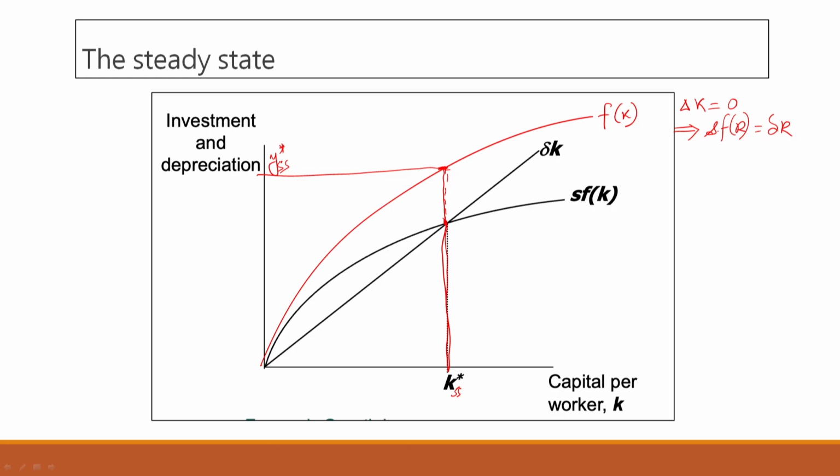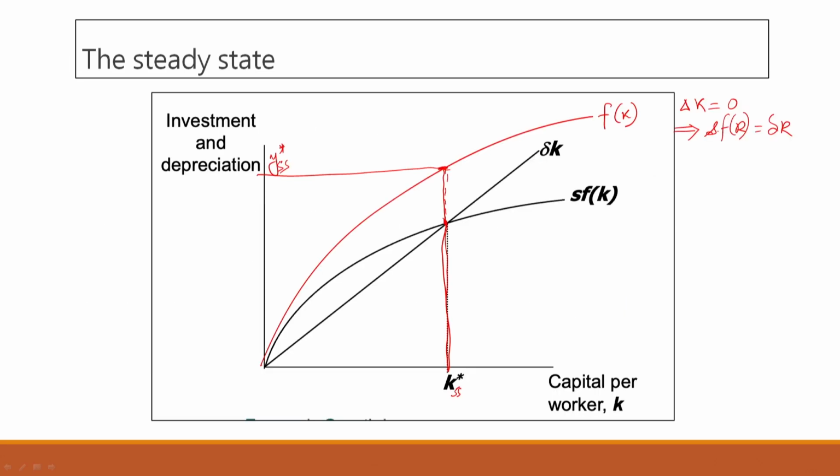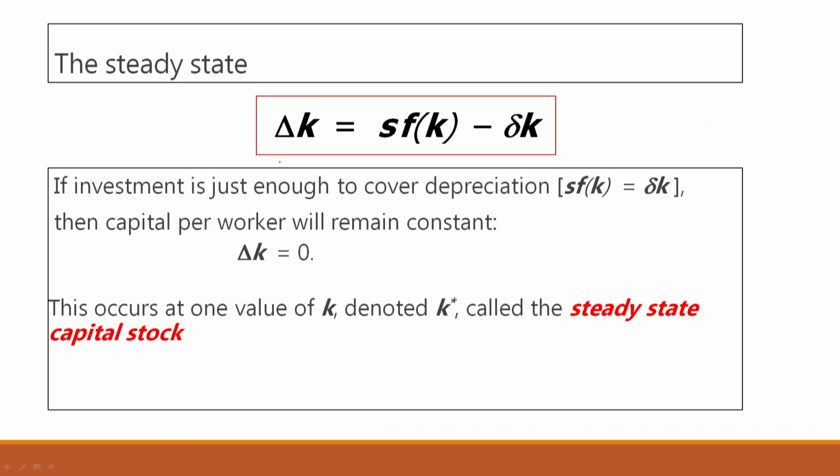So, graphically, that is why we rely a lot on the Solow growth model, because very quickly we can see a few things. This is how we represent this equation that we saw here, and at steady state, as we said, delta k is equal to 0. So, s f(k) is equal to delta k. Now, this is how it looks graphically.